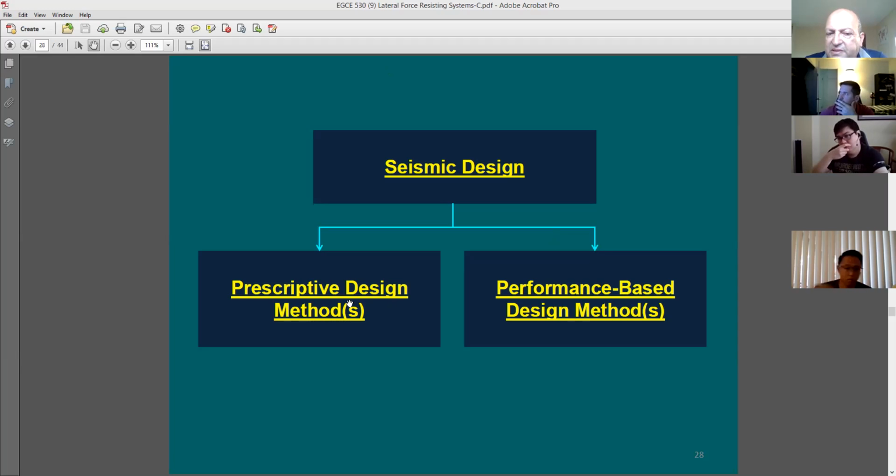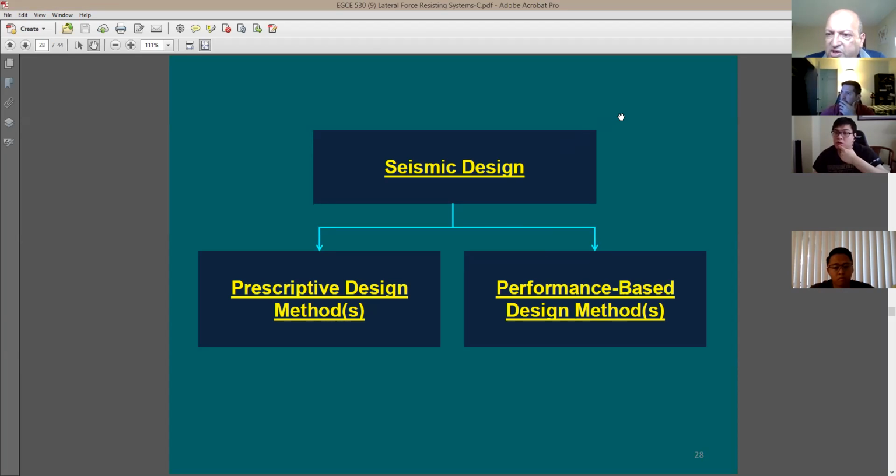So it's going to be like a strength space. In the performance space, the story is going to be completely different. You're going to come here with your first estimate of the member size, apply the dynamic analysis to it, find out the deformation, which means displacement of the structure, come up with a lateral force displacement curve, which means the performance curve of the structure members, and find out what would happen at